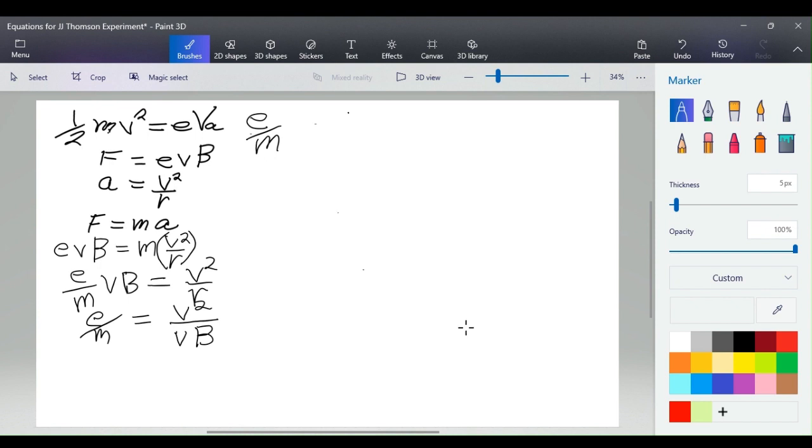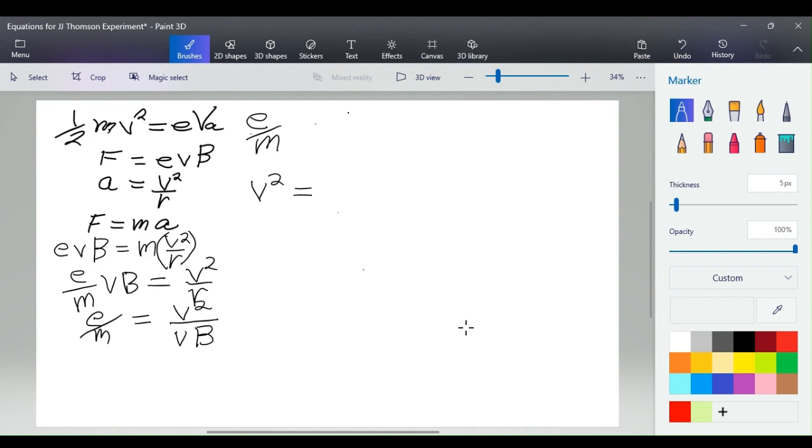Well, I'm going to go up here and do some tricks with this thing, because what I want to do is put this in terms of the voltage on the anode, the accelerating voltage at the anode, and get the velocity out of here and put it in terms of this voltage, which we know at the beginning. So let's see what we get here. If we look at V squared, going over to this one, equals,